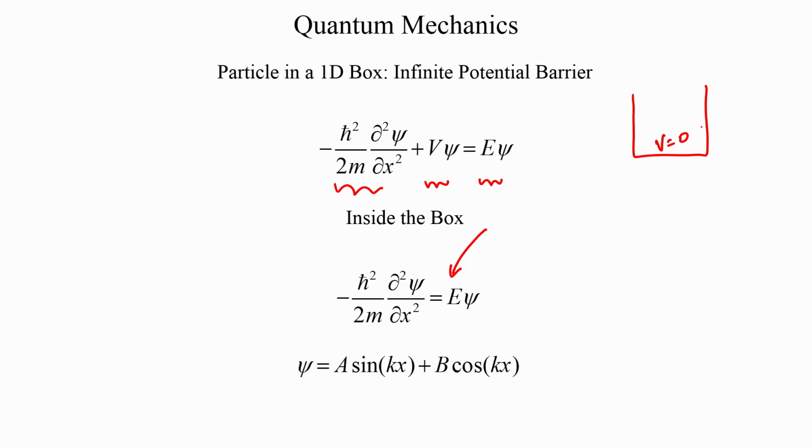Outside the box, as we mentioned, it is not possible for the particle to exist, since it would require an infinite amount of energy, and we say that the wave function has an amplitude of 0. Now, the general solution to a differential equation of this kind is given by defining the wave function as a summation of sines and cosines. So, we say that the wave function is a sin(kx) plus b cos(kx), where